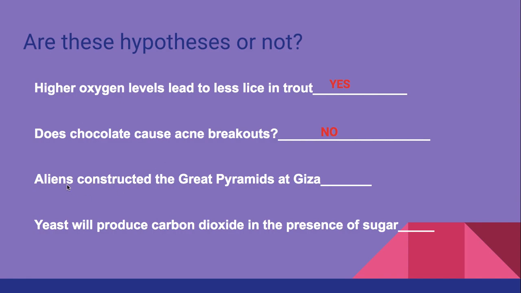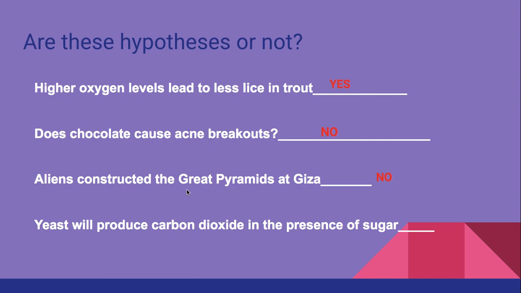This is my favorite one. Aliens constructed the Great Pyramids of Giza. Aliens. All right, is this a statement? It is. Does it answer a question? It does. Who constructed the Great Pyramids of Giza? But what's the problem, friends? The problem is you can't